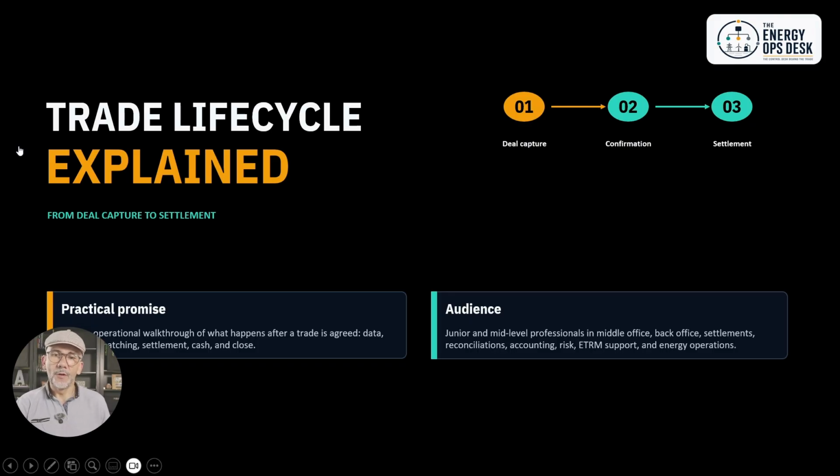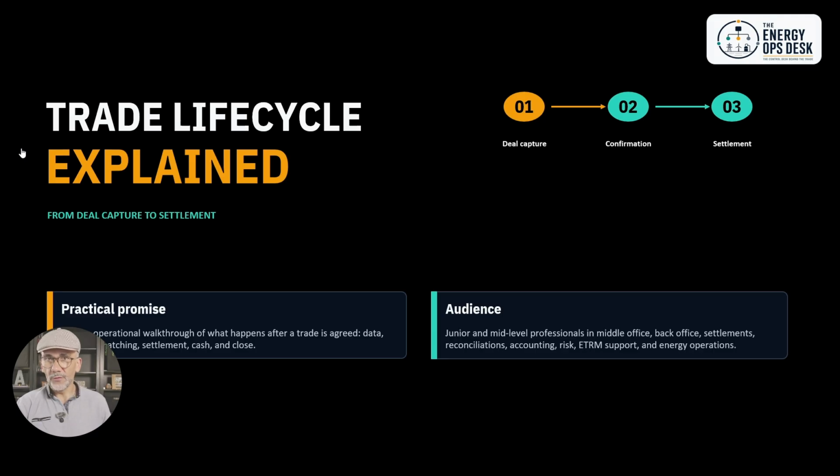Have you ever wondered what actually happens after a trader agrees a deal? Most people think the trade is finished once the buyer and seller agree on the price, the volume, the delivery period, and location. But in energy trading, that is only the beginning of the journey. Behind every trade, there is a life cycle. And if that life cycle is not properly captured, confirmed, settled, reconciled, the business can face financial errors, operational risk,